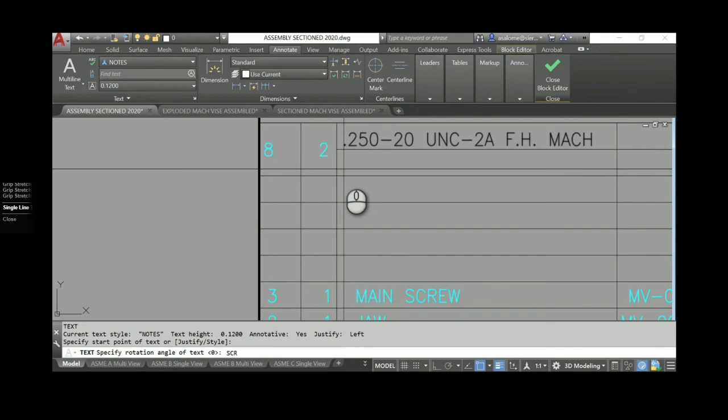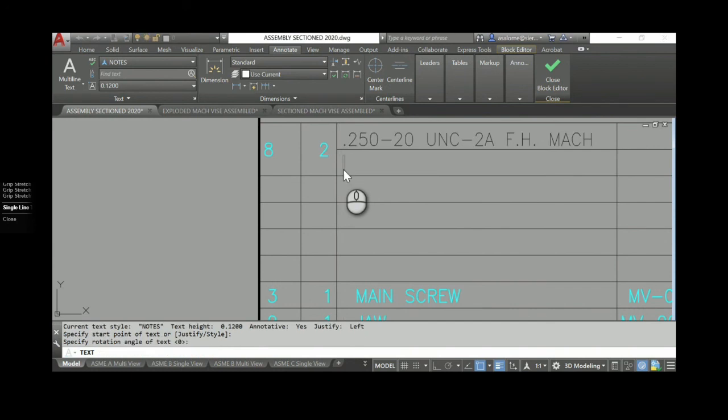SCR for screw. And then you need to tell me how long that was. I'm not going to tell you how long that screw should be, because that would be giving away an answer that I'm checking on this.